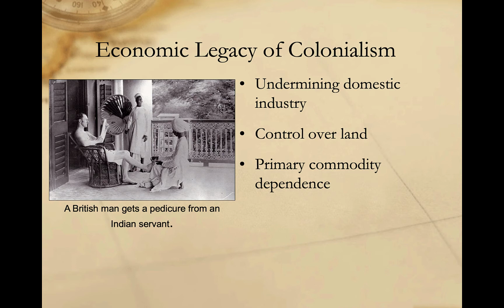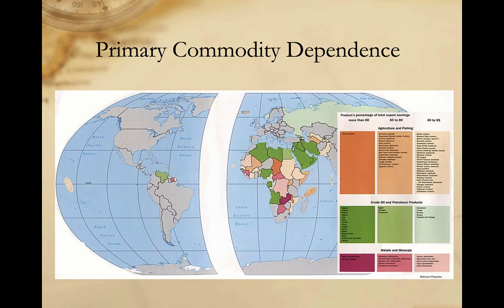Colonies, particularly in the era of industrial colonialism, were supposed to provide the raw materials necessary to support industrialization in the colonizing country. This economic dependence on primary commodity production was particularly pernicious. Following decolonization, post-colonial economies were frequently structured around the export of a single primary commodity. This primary commodity dependence carried over into the post-colonial economy. Indeed, even today, many developing countries remain highly dependent on a single primary commodity for the bulk of their export earnings.